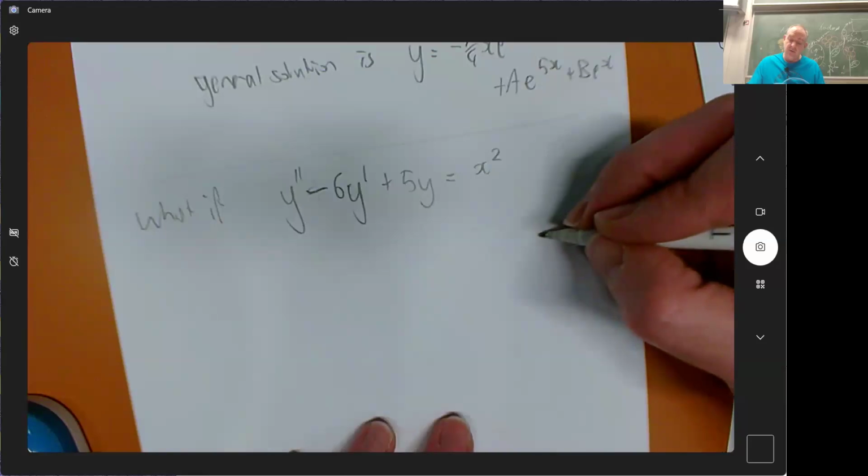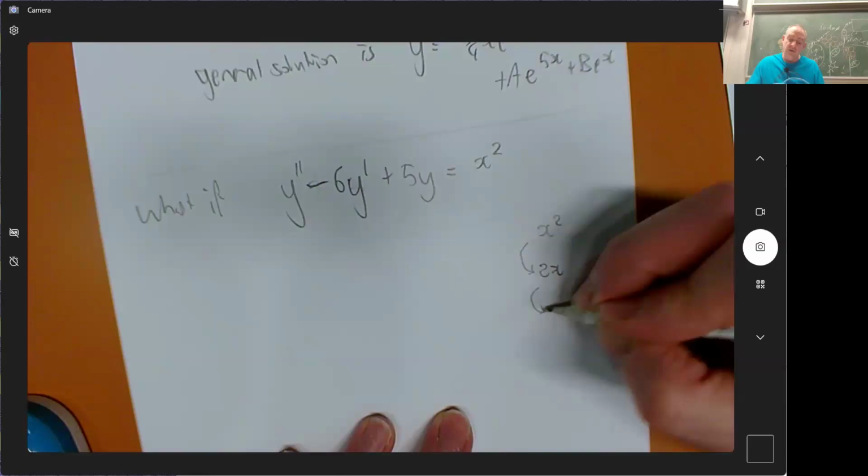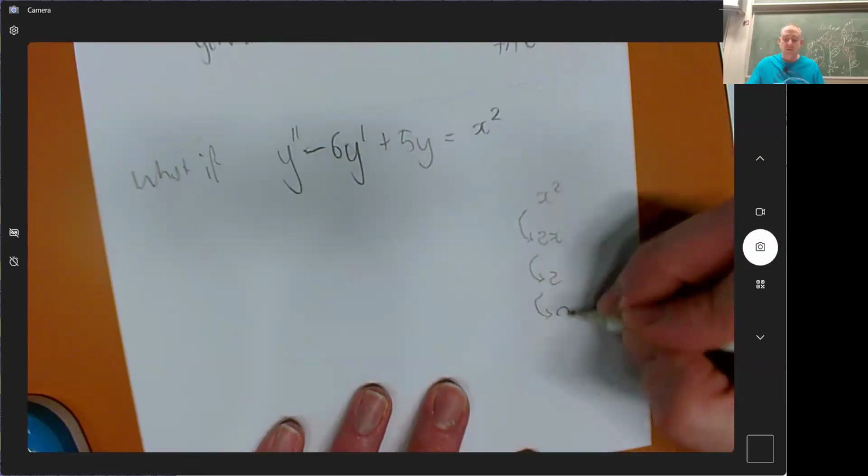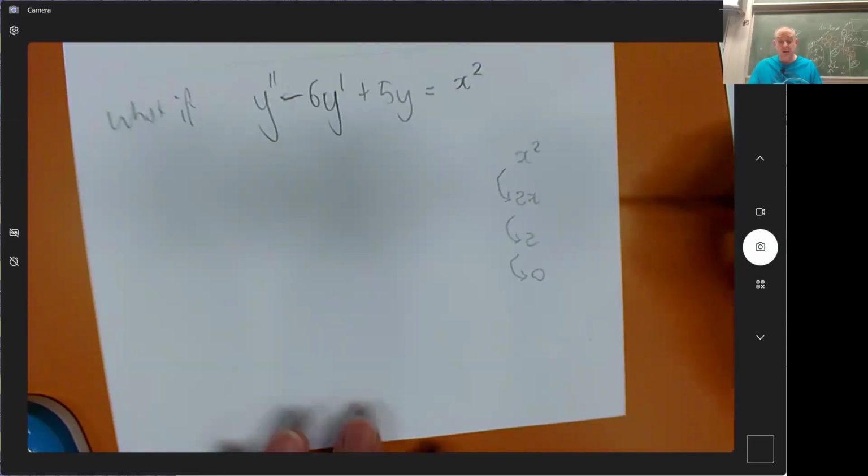Then I would imagine x squared and its derivative is 2x and its derivative is 2 and its derivative is 0, right? So if I think about all the derivatives of x squared,